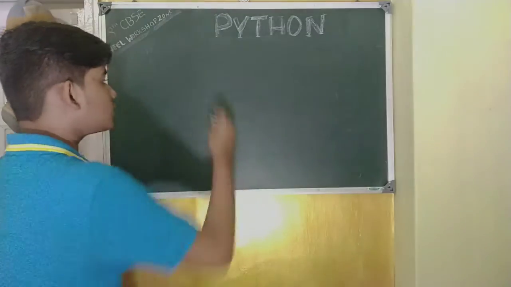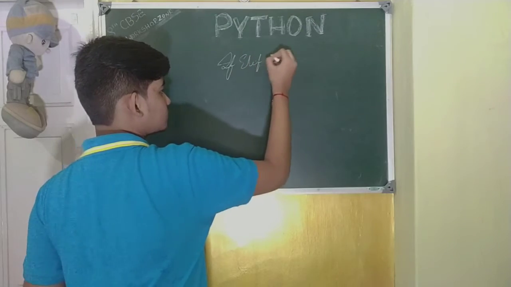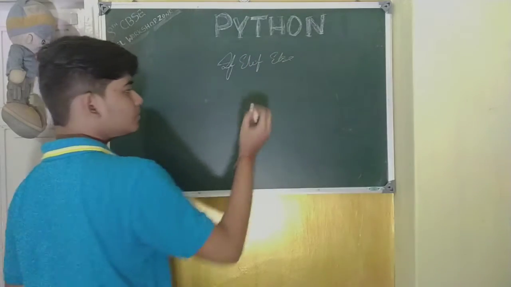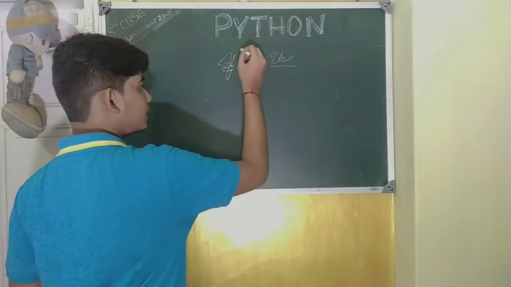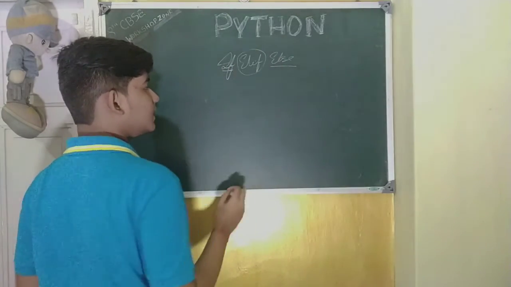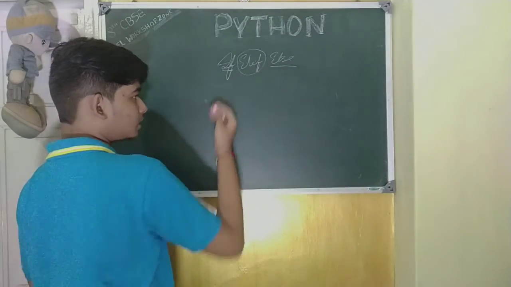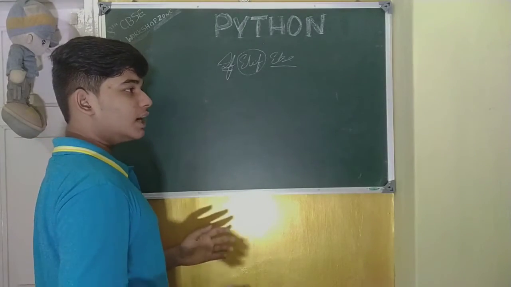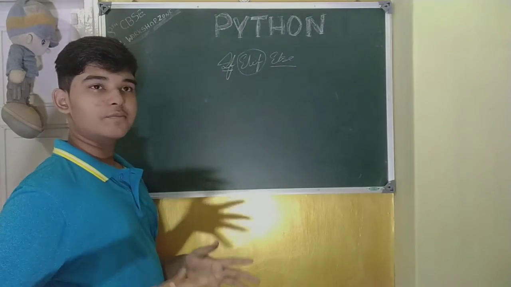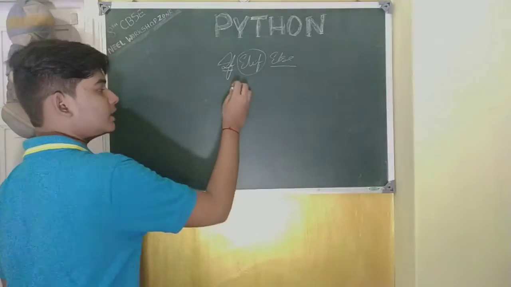So first let's talk about if elif else. Now if you watched my previous video, you kind of know what if and what else is, but you've never heard of what elif is. As the name suggests, elif is basically else plus if. So it can be used multiple times in a code, and it's used to put an else, but there are multiple of them. So for example, let's take